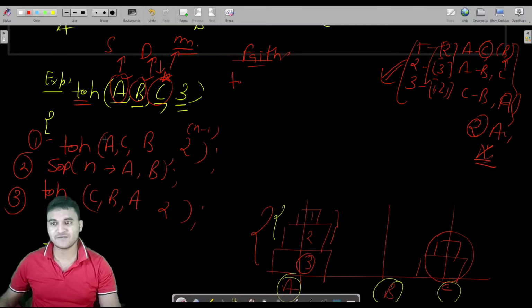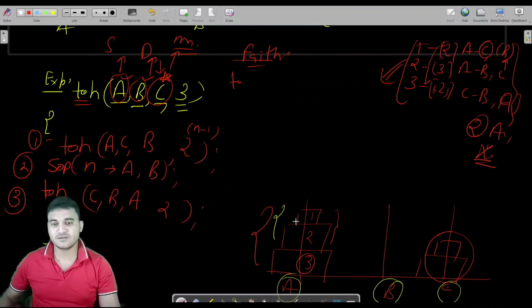This is the code which we have to write, and one base condition is remaining. I will come to that also, but let us focus on this. Let me write the code and then explain it once more. So these were the points.